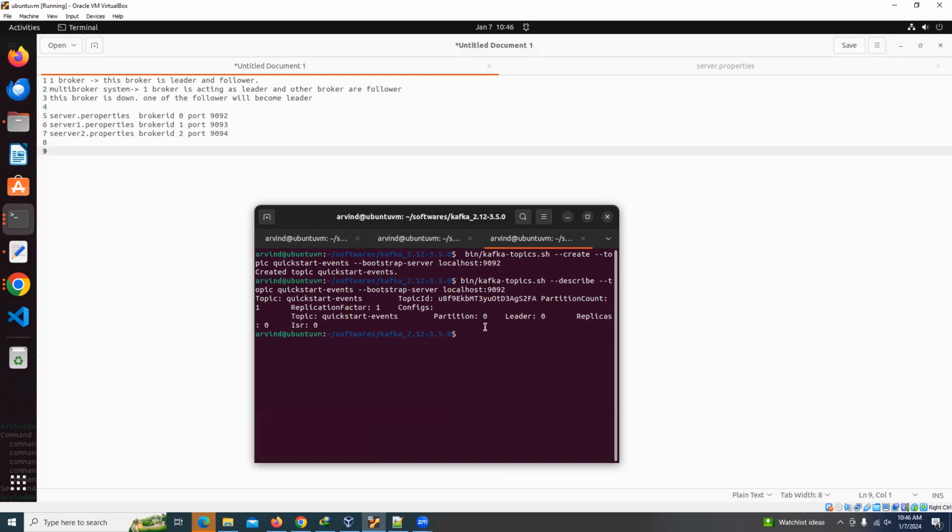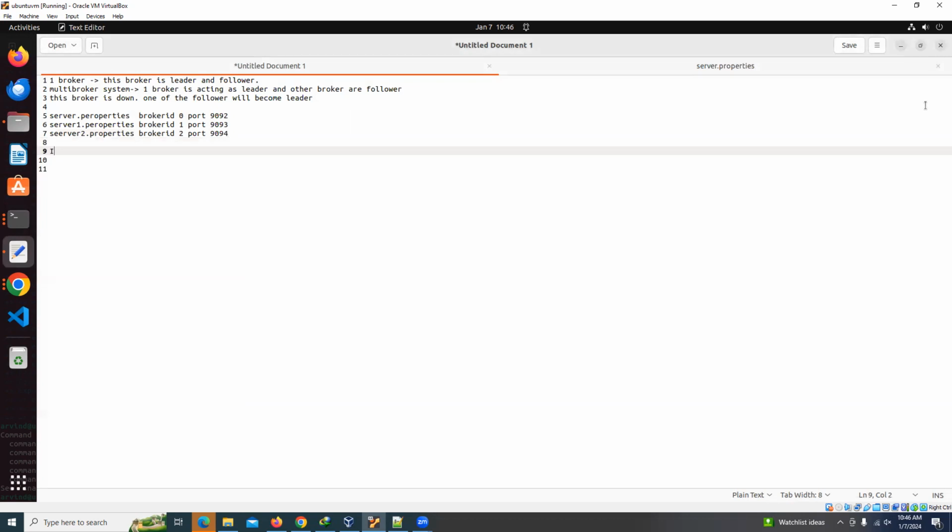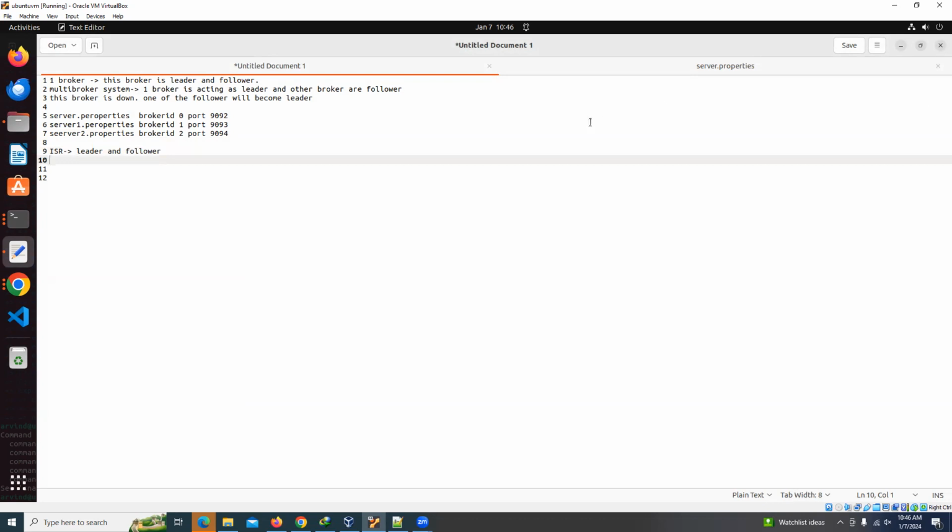When you check, your topic will have multiple partitions, where one is the leader and the others are followers. And what is the ISR? ISR is the concept of in-sync replica. Generally this is used when you have the leader and follower concept. Because a multi-broker system is there, your leader and follower are both synced to each other. So how does the leader sync with the follower and the follower with the leader? There is an in-sync replica. It means the same copy of the data is present in the leader,